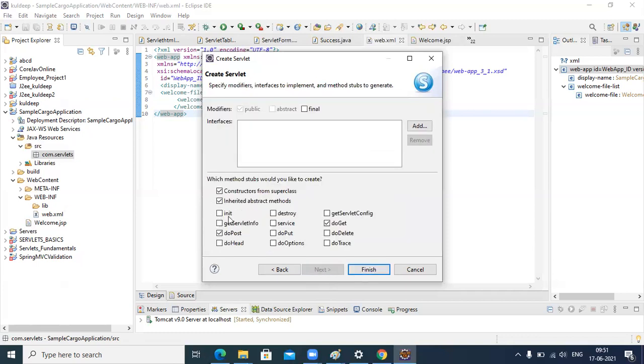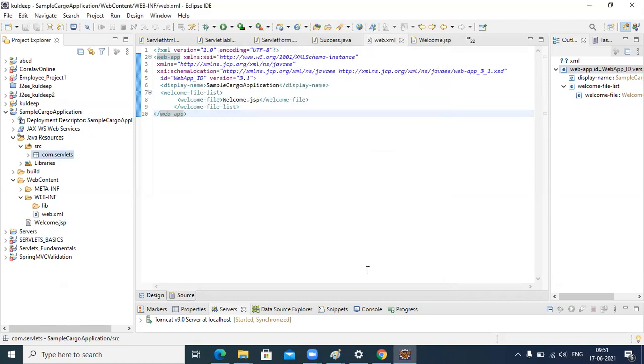Here you can see what methods HTTP supports: init, destroy, doGet, doPost, doPut, doDelete, trace, options. These are the different methods HTTP supports. So let me click on finish.